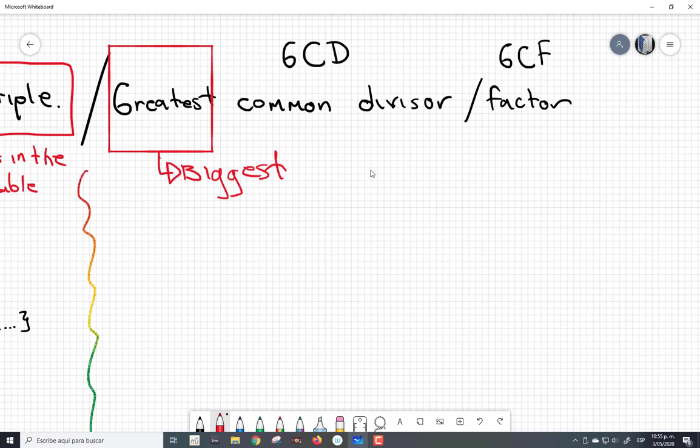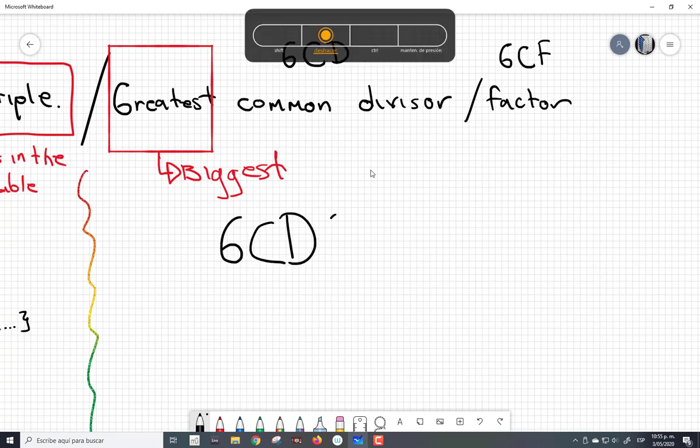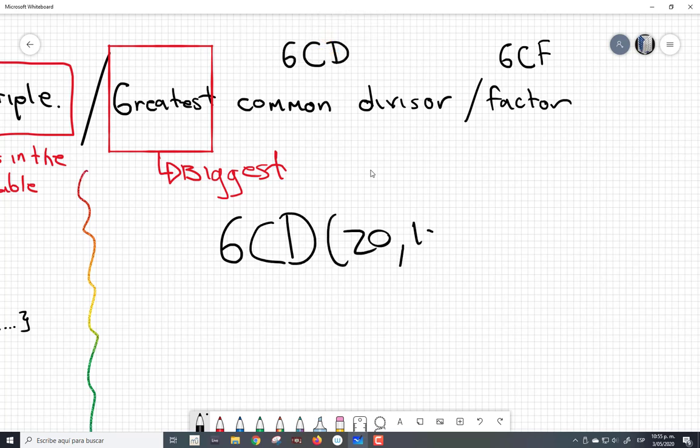So remember, the divisors are the numbers that you can use to divide the number that you want, or the divisors are also the numbers that if you multiply them by something else, you get the number. Let's remember, and let's do it with the same example than before, with 20 and 16. Greatest common divisor of 20 and 16